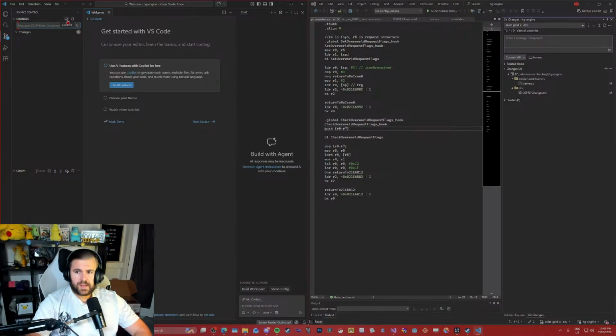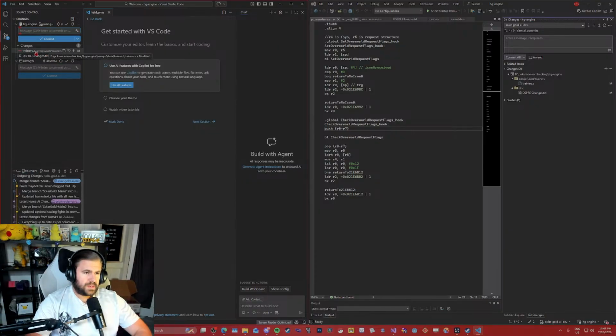Oh, commit. Okay, so commit all, and then you'd push, right? So it should be showing, oh yeah, it's got to load. Okay, so it's showing trainer S, DSPRE, changes.txt. Cool.